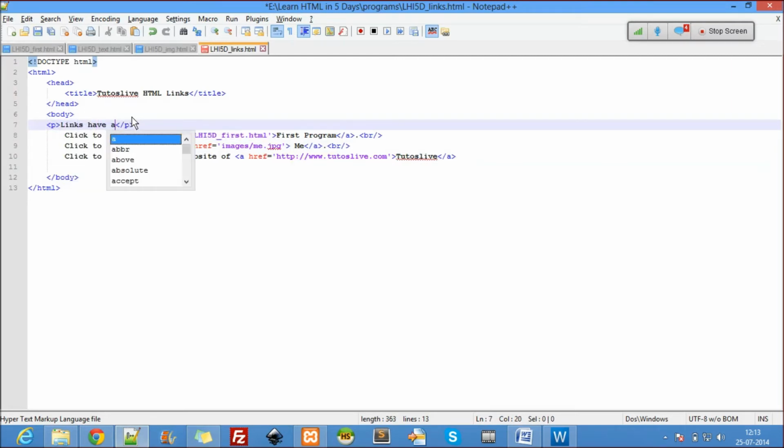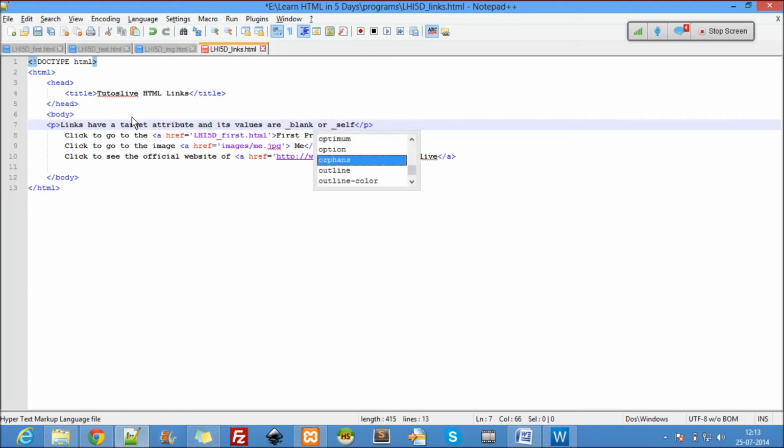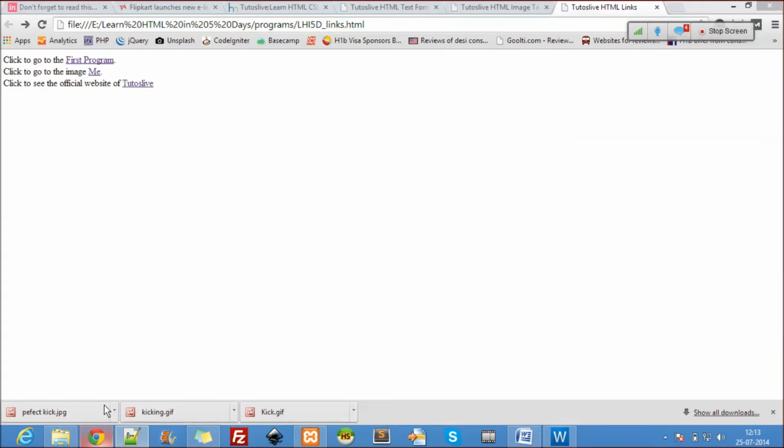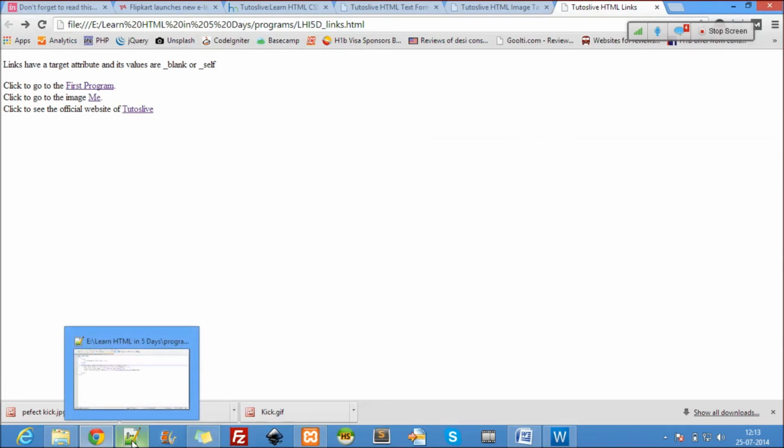Links have a target attribute and its values are underscore blank and underscore self. I'll say are, not and. Let's see if this is coming out there. Yes. So let us see what happens if target equal to blank.